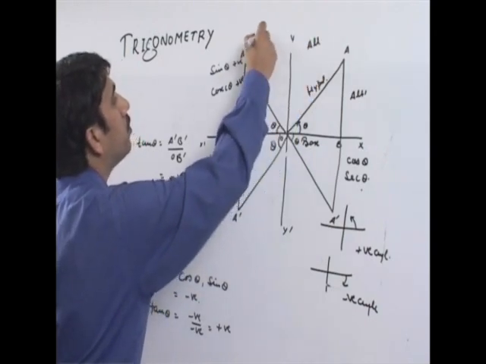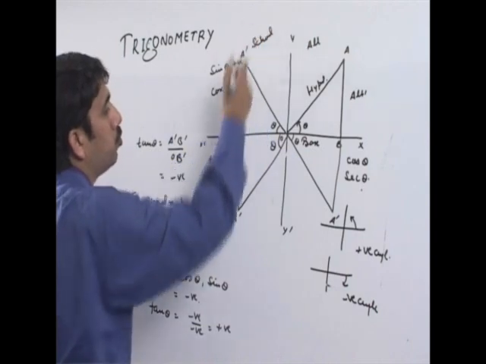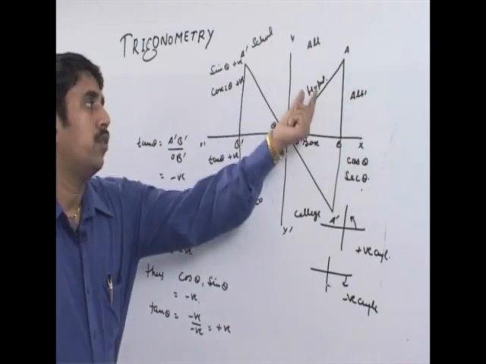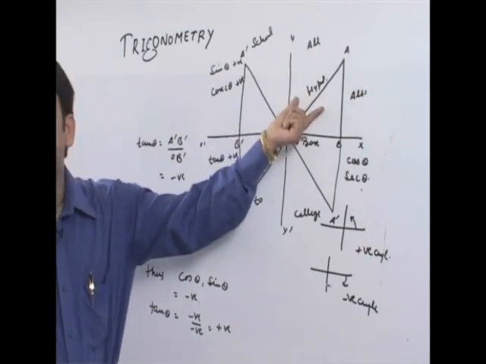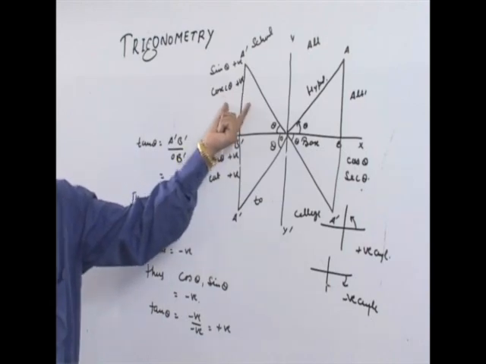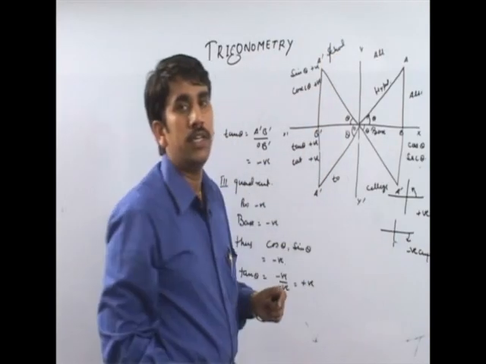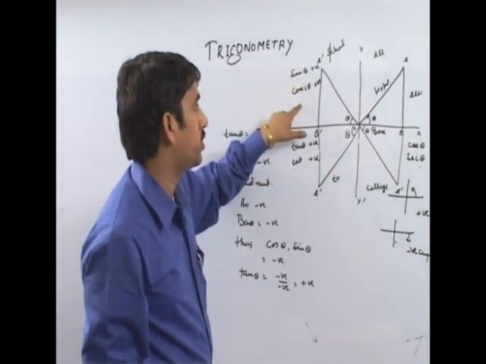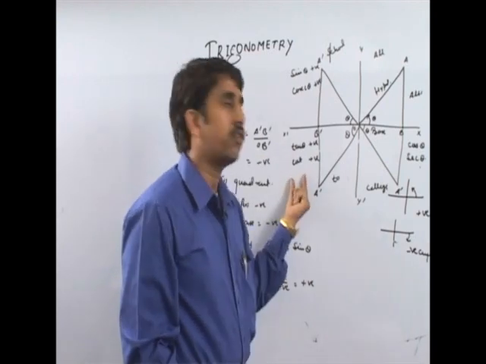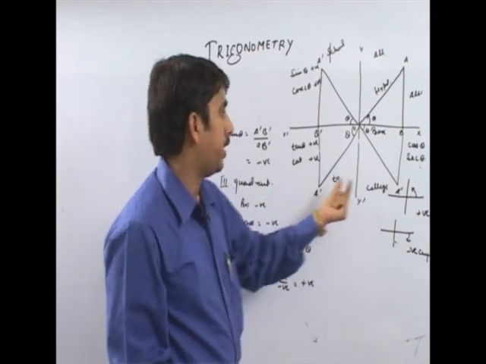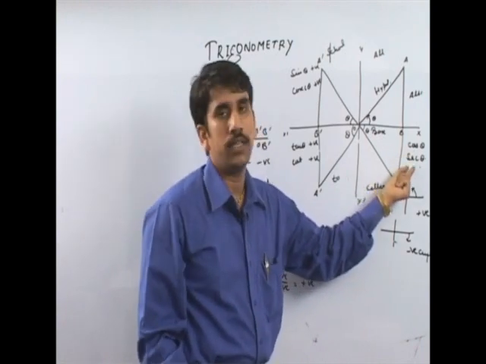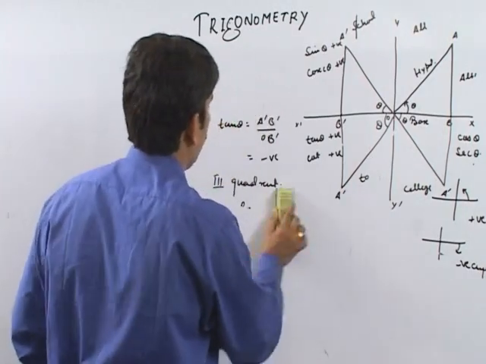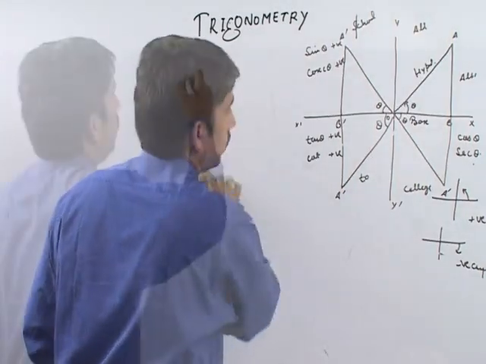You can remember this thing by the line all school to college, where all stands for that all trigonometric functions are positive in this quadrant, first quadrant, and school, the first letter denotes sine function and its reciprocal, that is cosecant theta. Sin theta and cosecant theta are positive in this quadrant, second quadrant. In third quadrant, tan theta and cot theta will be positive, and in fourth quadrant, cos theta and secant theta will be positive. All other trigonometric functions will be negative in the respective quadrant.